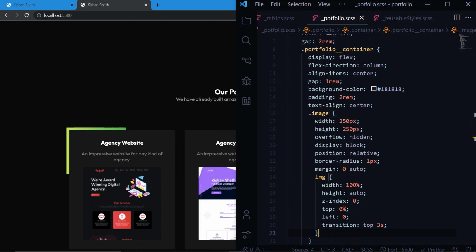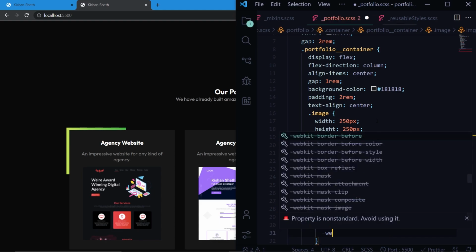Now let's write the style property for the moving of the image. We'll write webkit transition